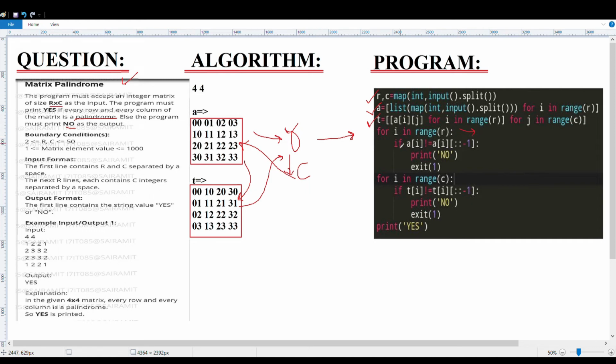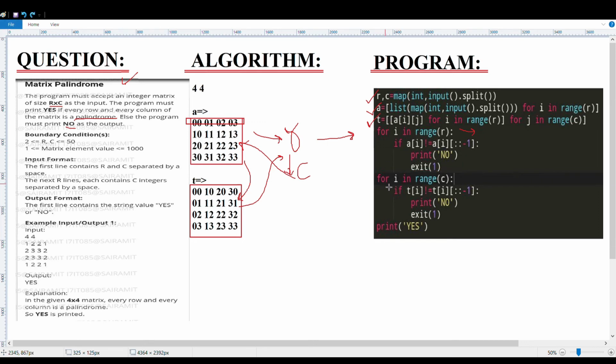For i in range R, you are checking whether A of i, that is the row, is not equal to its reverse. If it's not equal, you print no and exit, that is exit of 1, which means it will come out of the entire program. If it's equal, you continue and check the other condition. Finally, when you cross this loop, it should be equal.